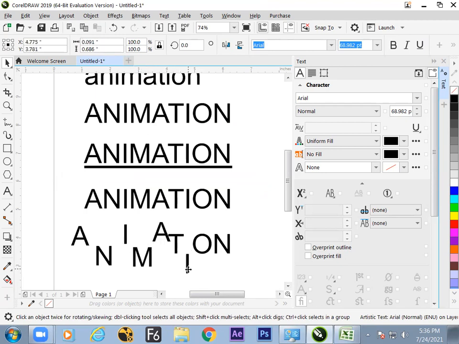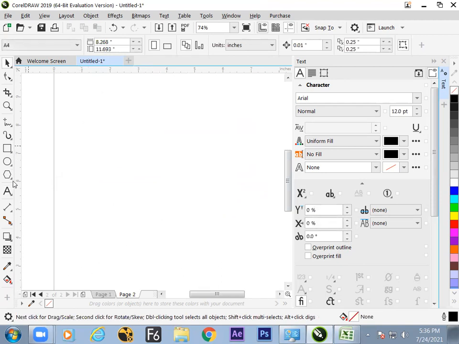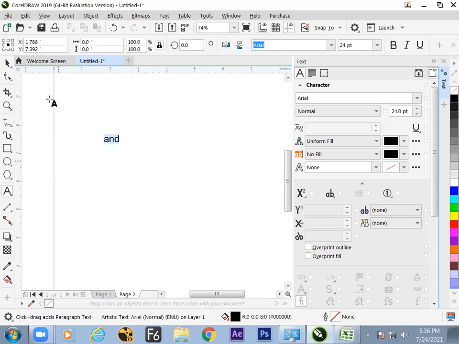We can modify the text by double click. If it is I, we can change it to J. So I hope we have understood the first option in Corel to break the text apart. Control K turns the text into individual text.